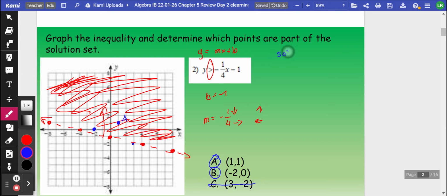Just so that you know, on your actual test, and it's like this on the review sheet, it says solution 1, solution 2. You're just naming 2 points on your own that are solutions. So remember, on this particular one, you're not allowed to name something on the dotted line because those are not solutions, but focus on the shaded area. Pick points that are easy, that you know that you can write correctly because you don't want to accidentally be wrong. So one of the easiest ones is the origin 0, 0, which is in the shaded area,